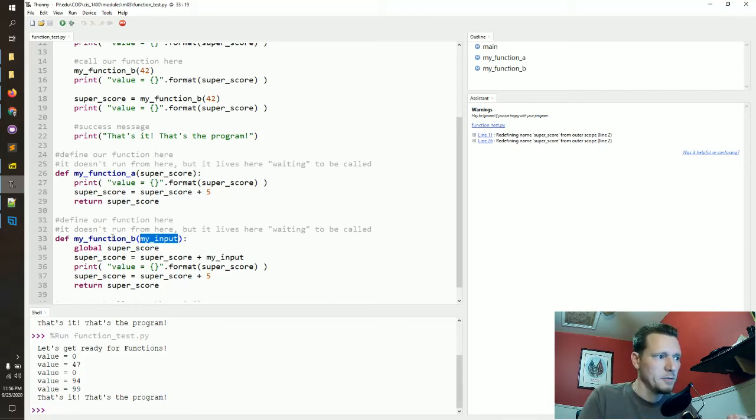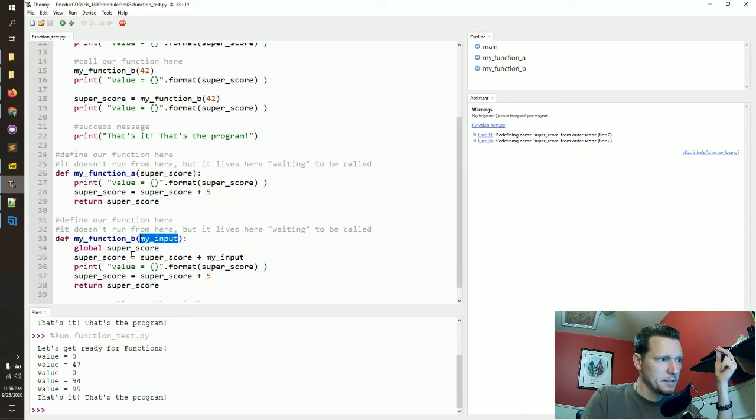We're going to access the global superscore again. Global superscore we left it off, I believe, equal to 52. It was 5, and then we added 42, and then we added 5 again. So it should be 52,